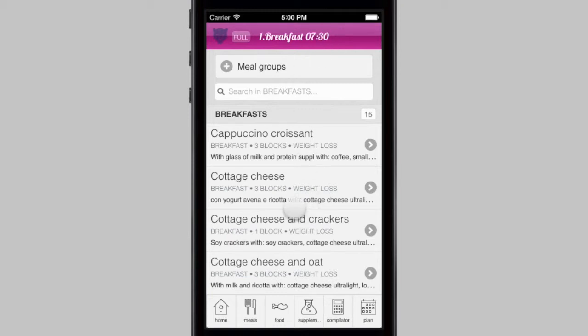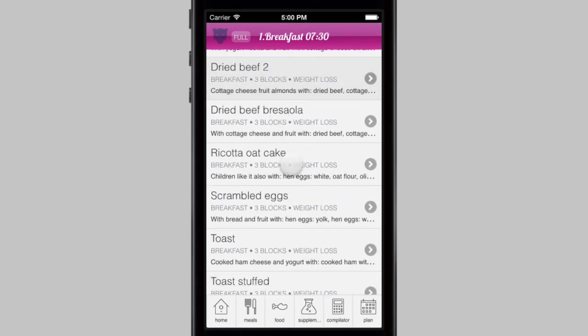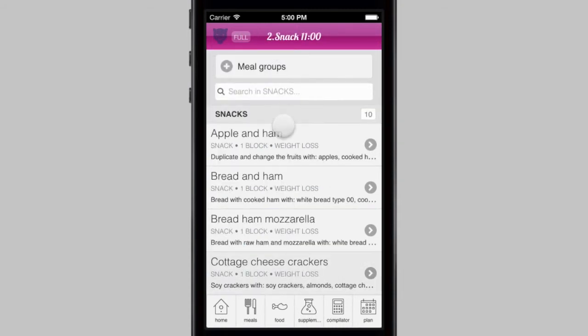So you will choose which breakfast you would like to insert for Monday morning, toast, fine. Then you will have the snack in between the lunch and the breakfast. So let's say,